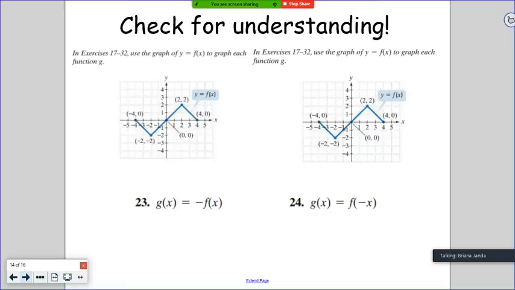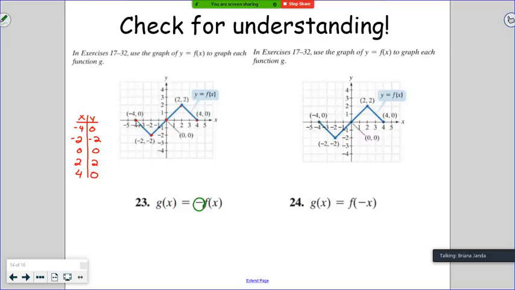And I know this is not in your notes and it was supposed to be a check for understanding, but I want to show you guys you don't have to have a parent function to have a table of points. I really could create for myself a table of points from this picture, just list the highlighted points in a table, and then you don't have to change your process at all. So I could just list -4, 0 in my table, -2, -2, 0, 0, 2, 2, 4, 0. And now I have a table, and yes, it's not one of my parent functions, but I can now just go do this transformation,